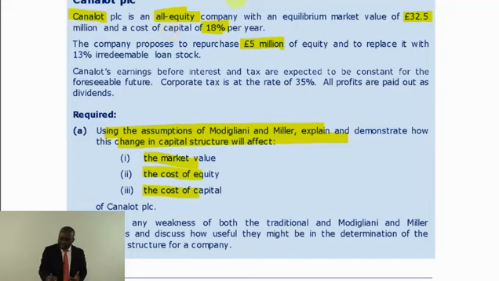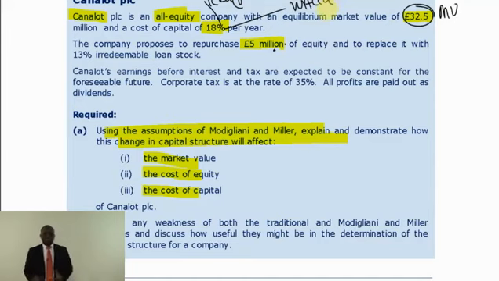So I have got my current figures. My current market value is this. My current cost of equity and geared, the same as what? My WACC, the same as the WACC and geared. I've got that. Now I should calculate my revised figures.